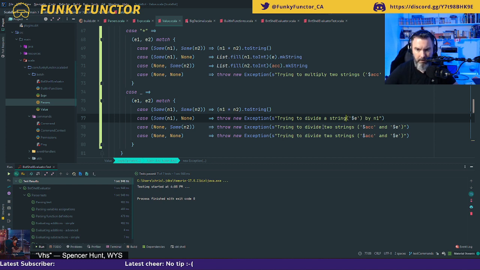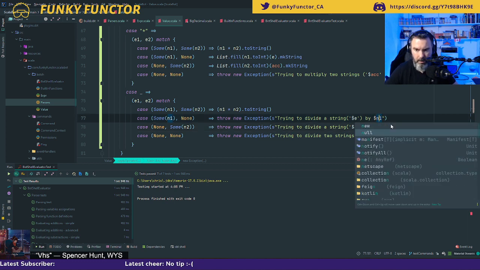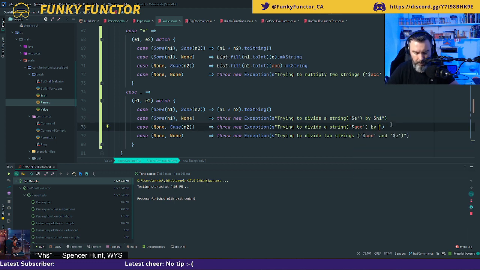This one is trying to divide a string, so this one is going to be the accumulator by, oh, I forgot to put the dollar $n2.